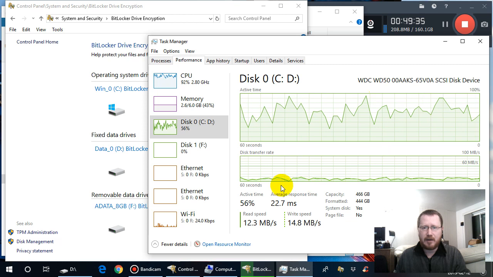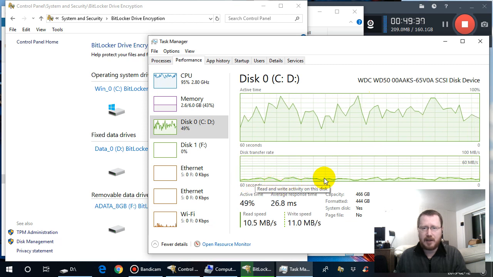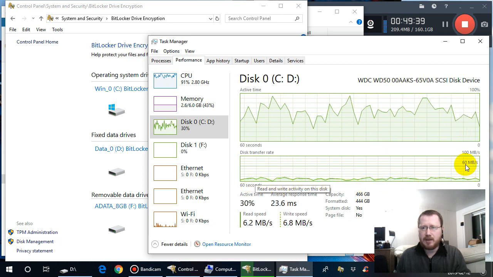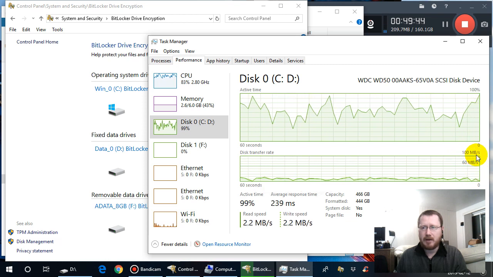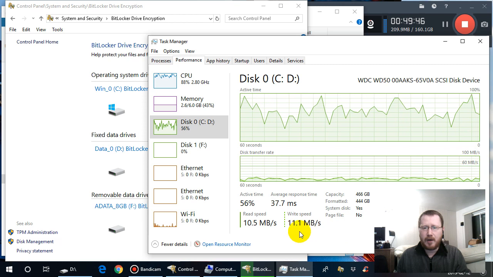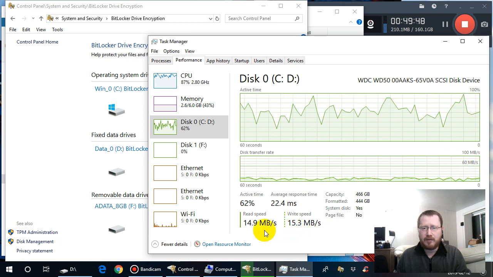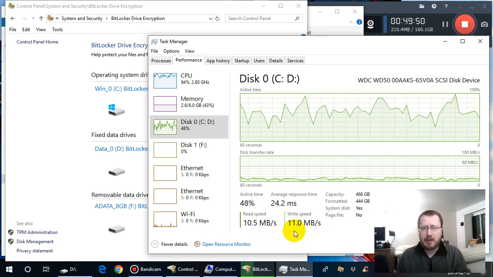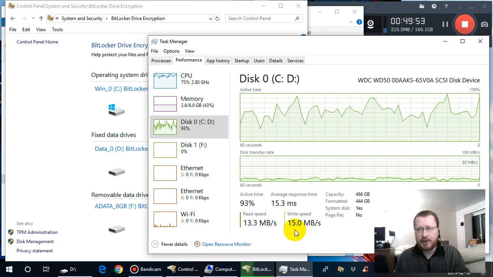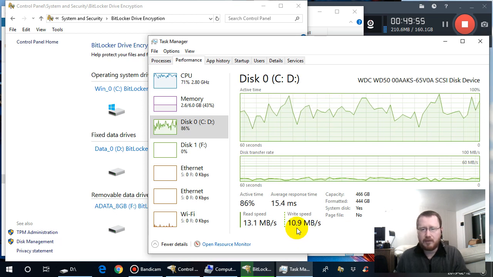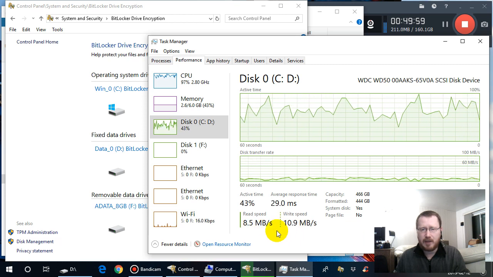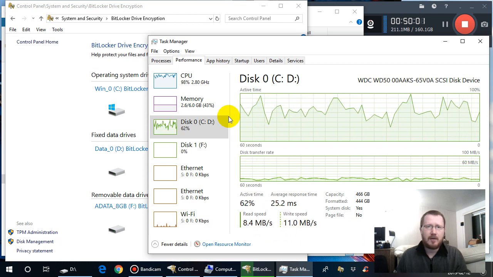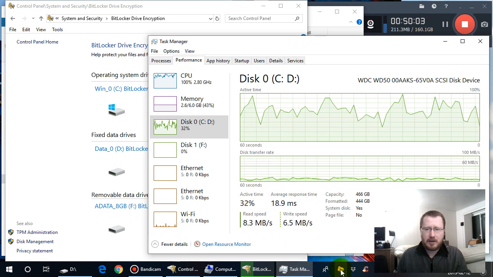That's really jagged. The actual transfer rate is here below, and you see there's a line for 60 megabytes per second and 100 megabytes per second, but we are in the ballpark of 10 megabytes per second on average. Probably we do get up to 17 at times, but we drop down to 2 megabytes per second. So it's reading and writing